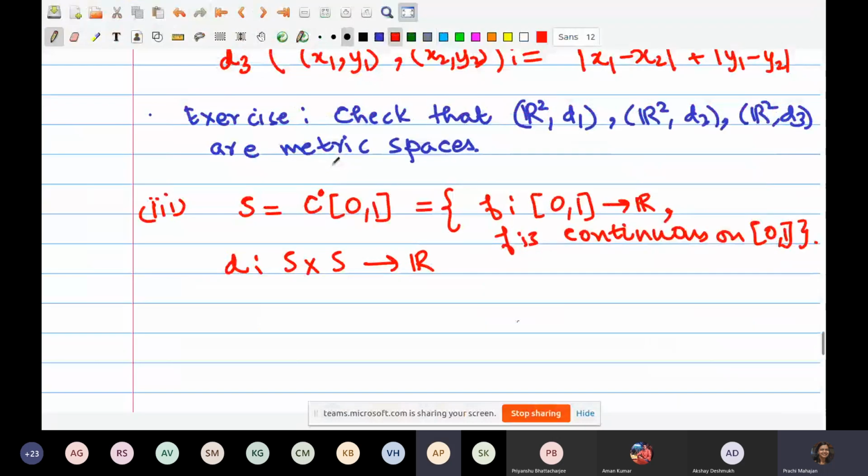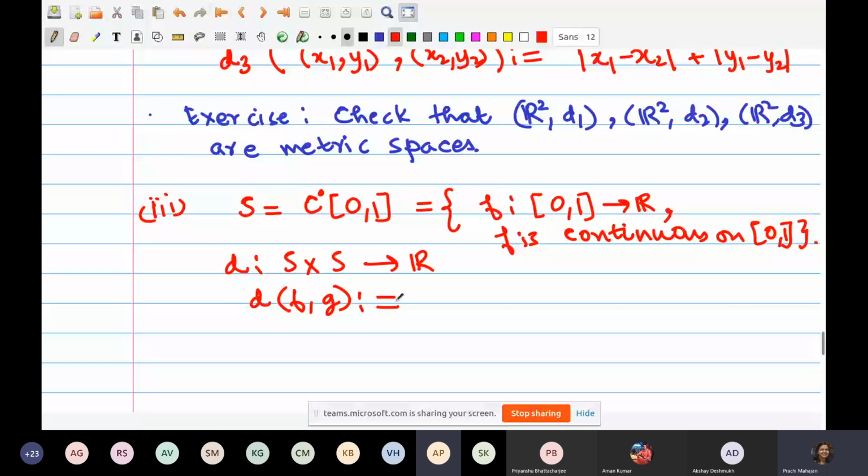Okay. So what am I trying to do? I am considering an abstract example, the set of all continuous functions on the closed interval 0, 1, and I am going to ask how you measure distances between two elements of this set. Here is one way to go about it. Let me pick an element f and another element g, and I need to tell you what is the distance between f and g.